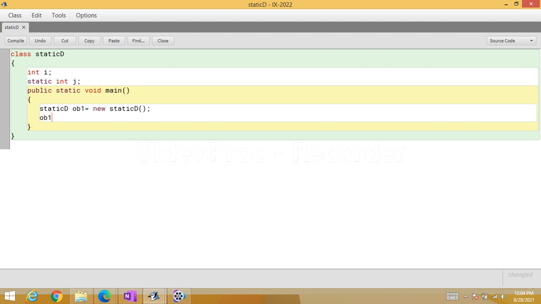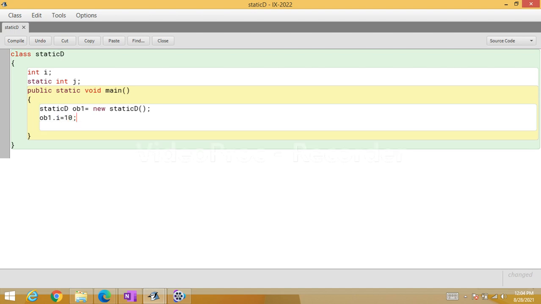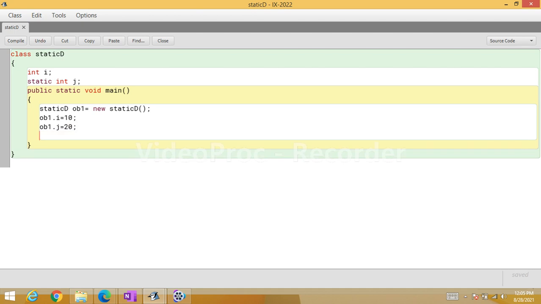If you write ob1.i equal to 10, the value 10 will be stored in ob1.i. And if you write ob1.j equal to 20, 20 will be stored in the variable ob1.j. That means i and j are both initialized, with the values 10 and 20.